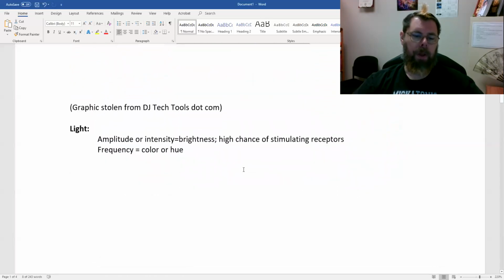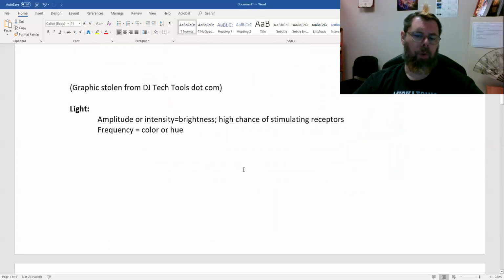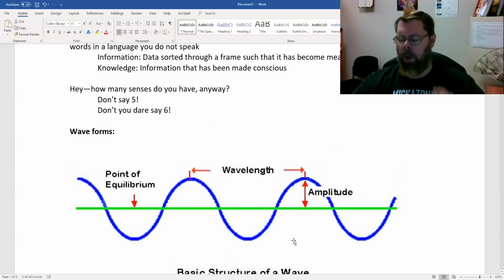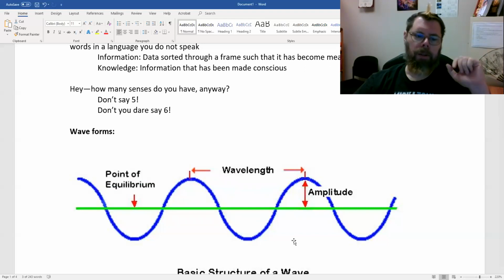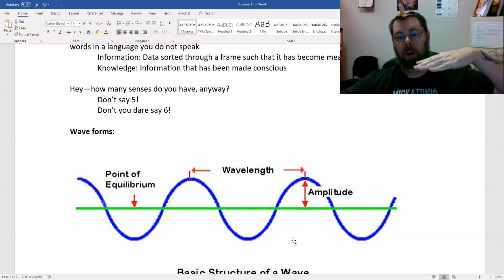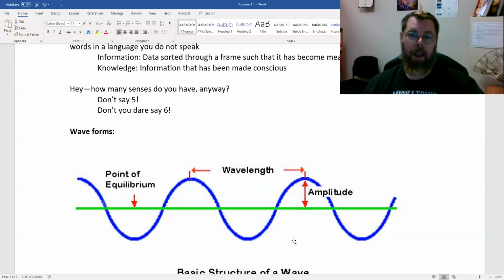What does that mean to us? Well, it depends. Are we talking about light or sound? If we're talking light, then the amplitude or intensity is the brightness. What do we mean brightness? We mean there's a bunch of receptors for light in the back of your eye, in the retina. And when light passes through the eye, it has a percent chance to activate any of the receptors that it gets close to. Now, the taller the wave, the more of a chance it's going to run into one of those receptors and knock it so that it produces a neural impulse. Get to that in a second.